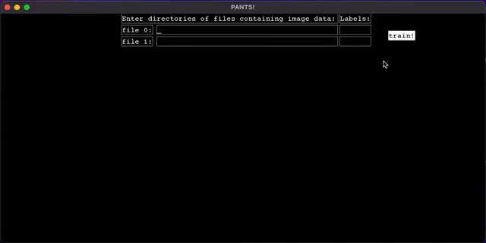So for my first directory, actually, let's take care of the default case. If I just click train, then an error will pop up, and if I fill in the labels, then it will go to the default setting, which is an included cats and dogs file in the actual project folder. So once it takes its time loading,